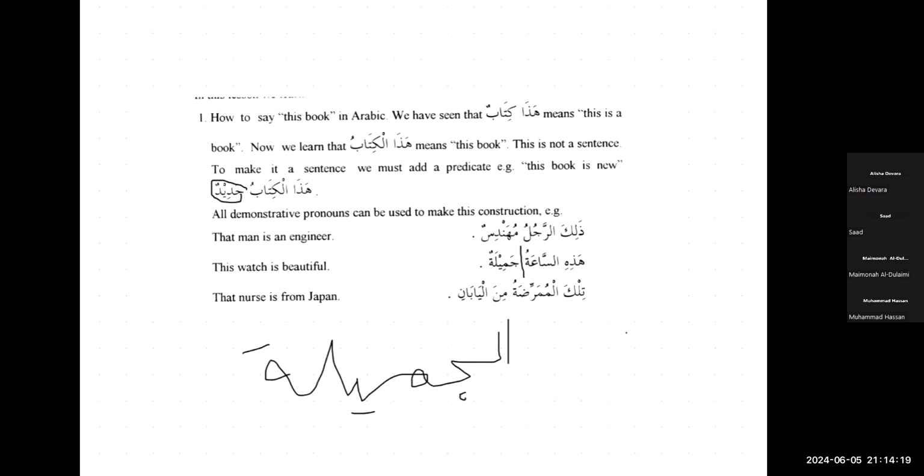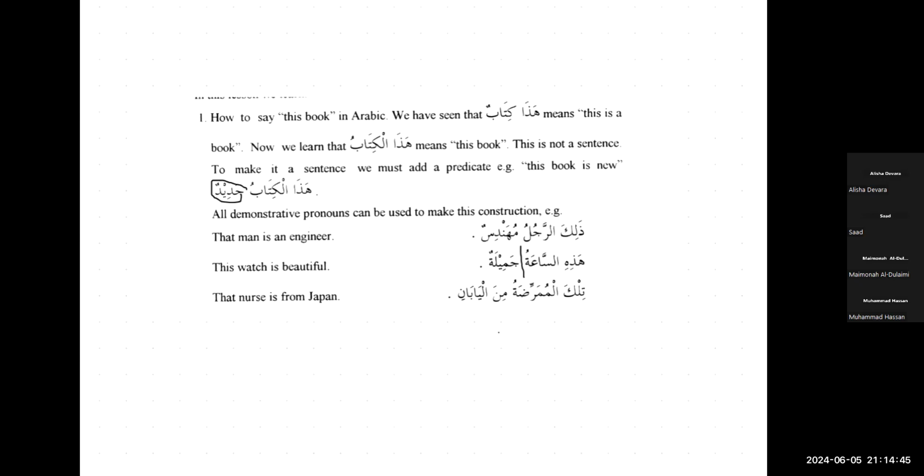Okay? And then over here, تلك الممرضة من اليابان. This nurse or that nurse is from Japan. So we're finishing the sentence to make it make sense. And that's what we're going to see in this lesson. The second thing that we're going to see is